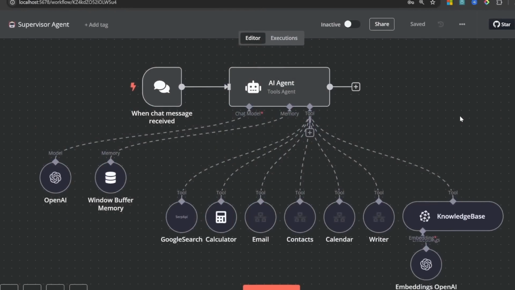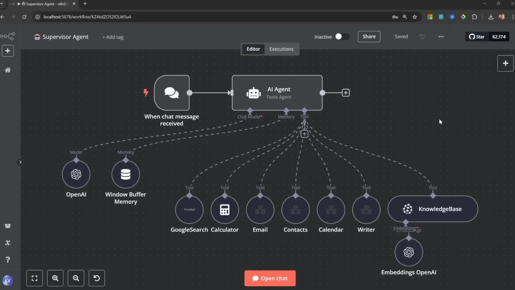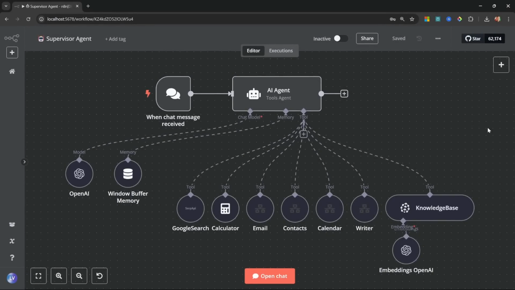Welcome to this beginner course on building AI agents with n8n. In this tutorial, I will assume that you're new to n8n, or perhaps this is your very first AI agent. So we will go through the entire process step by step, from setting up n8n to building our very first